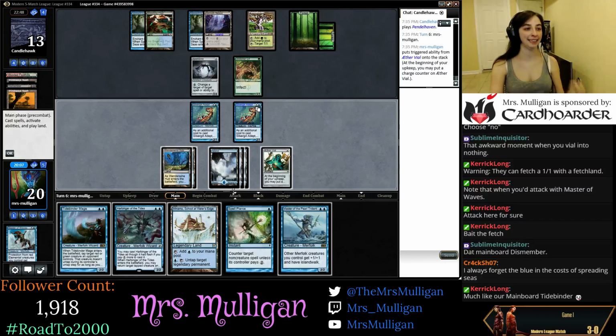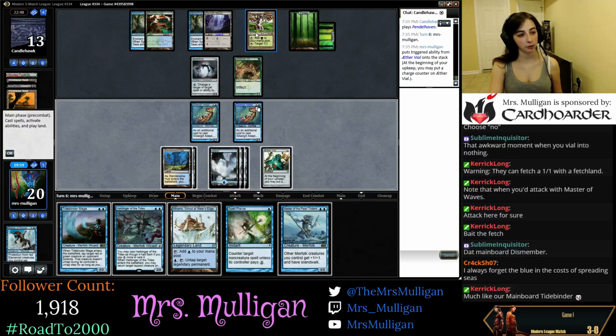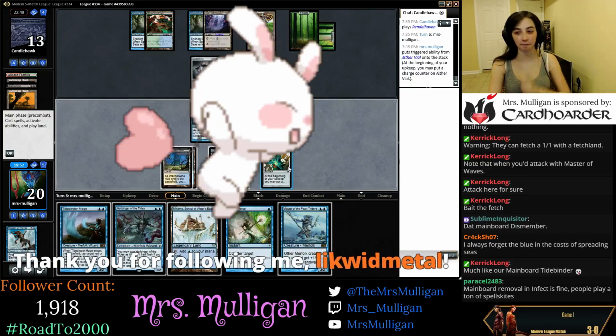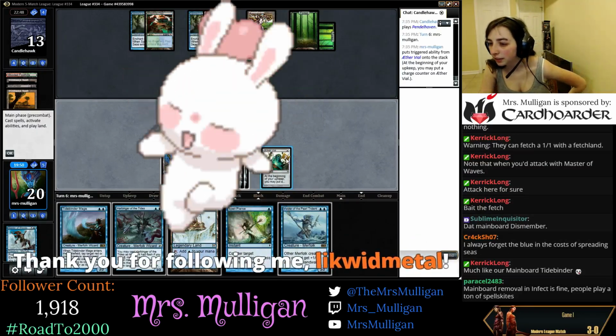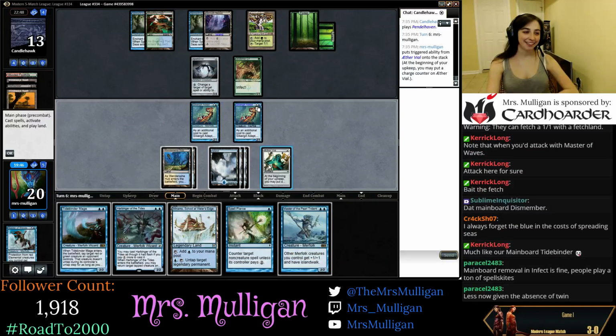Yes! Finally! Awesome. I mean, we're spreading seas twice, and they had an island to begin with. So, alright, so they've got a Pendelhaven. It's important to note. But we'll have Islandwalk in just a second. Liquid Metal. Thank you for following. I don't think they're packing any counter spells or anything, but I think we want